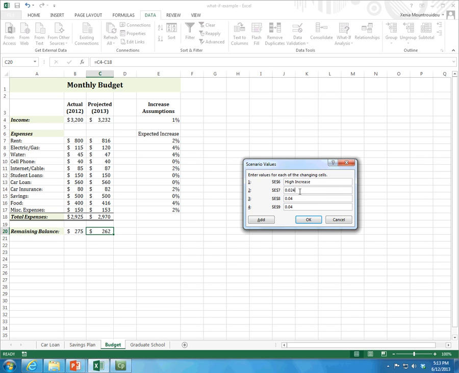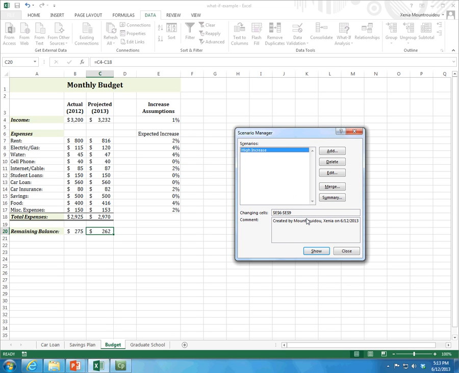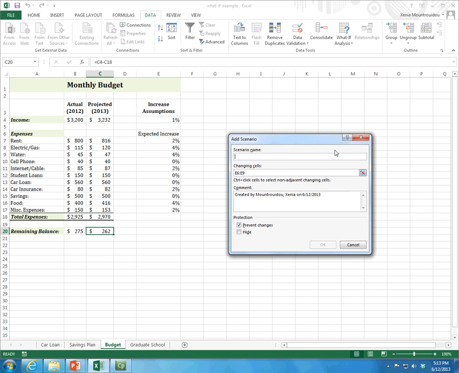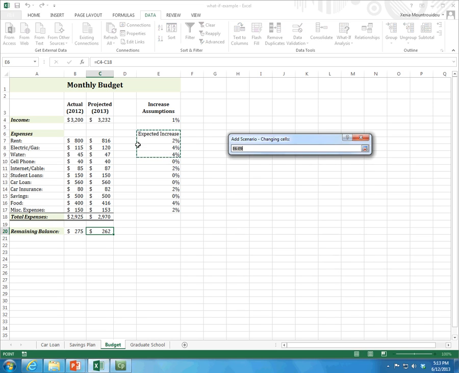So I should have a 4% increase in my rent, that's E7, and I should have a 5% increase in my electricity and a 6% increase in my water bill. And I could also add another one just for practice, low increase, and then by changing the cells again